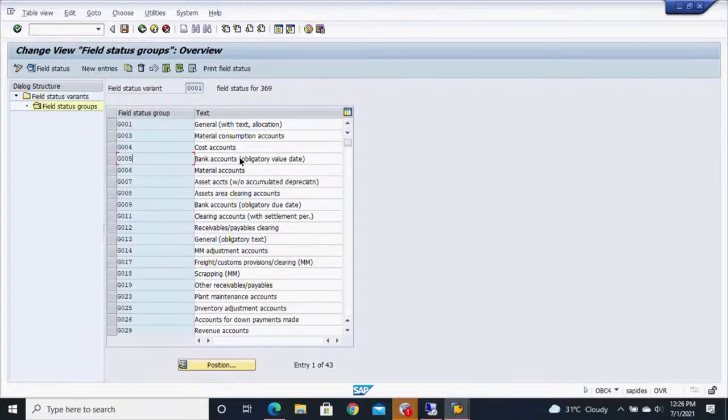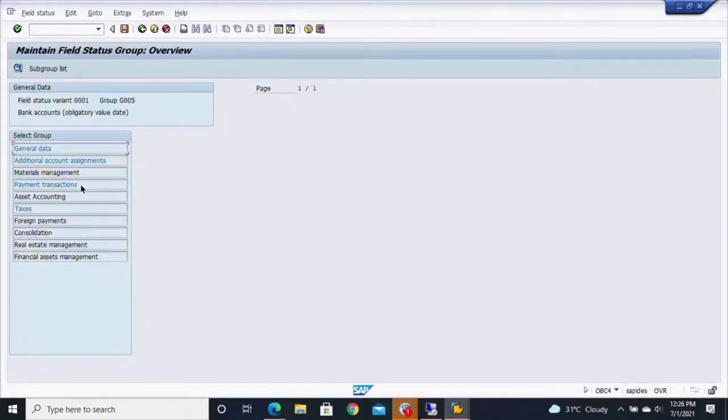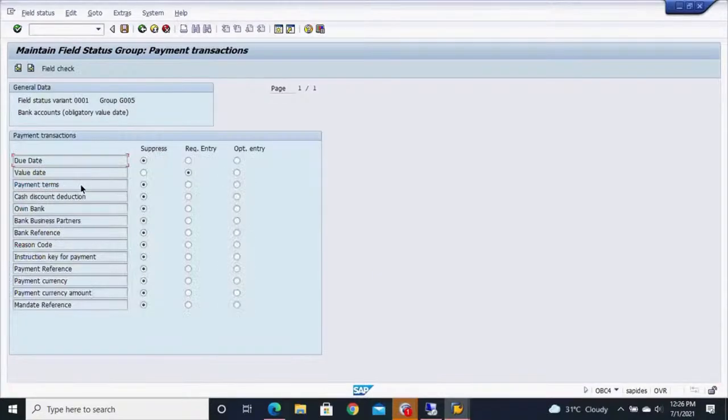The account you used to post the transaction doesn't contain this value date. So is it easy to reconcile? No. That's the reason. In G005, at the time of payment transaction, value date